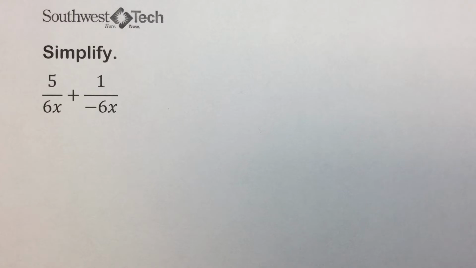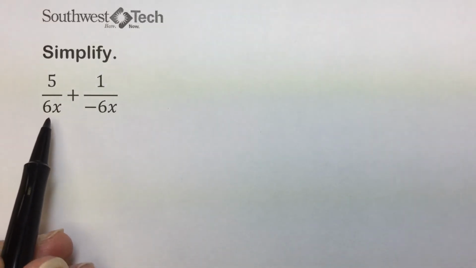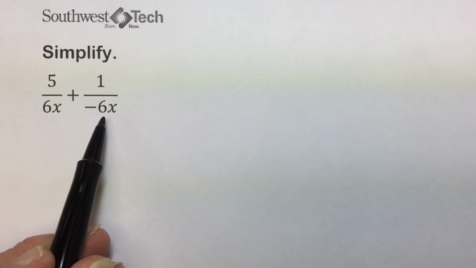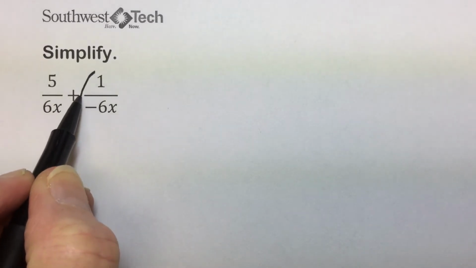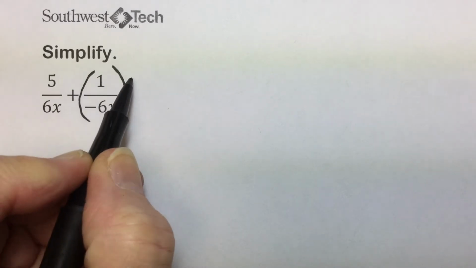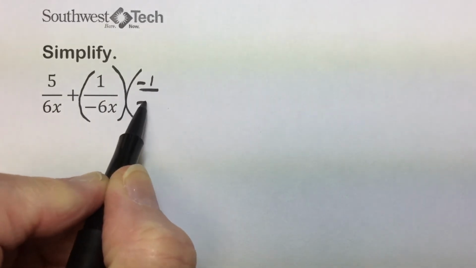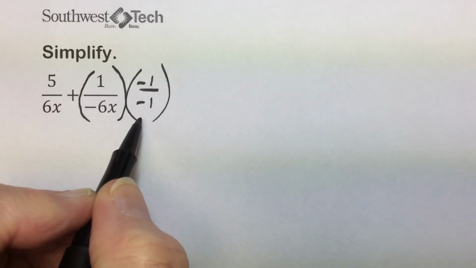A special case arises when one denominator is the opposite of the other when you're adding or subtracting rational expressions. When this occurs, we can multiply either expression by 1 using -1 over -1. And in this first example, very close with our common denominator, except they're opposites of one another. To fix that, I'm going to multiply the second rational expression by -1 over -1, which itself is equal to